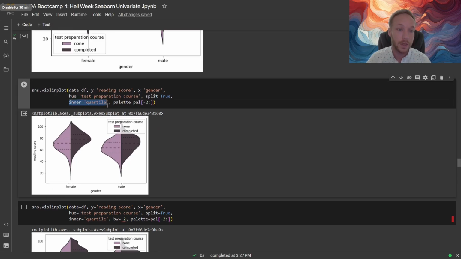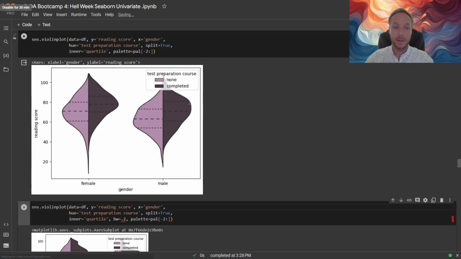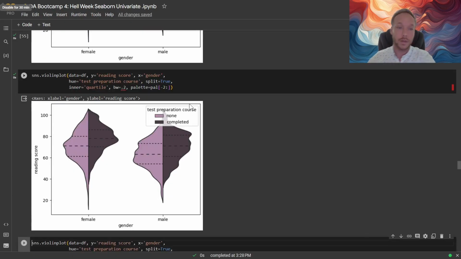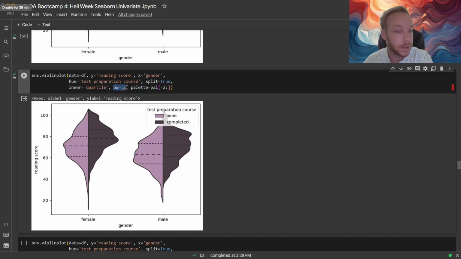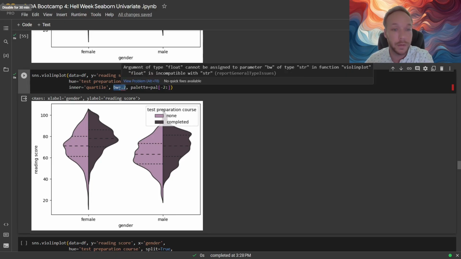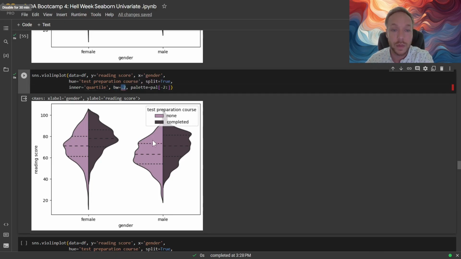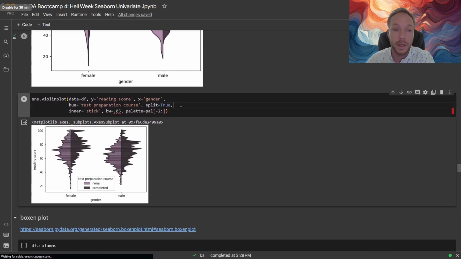We can do inner equals quartile, which shows us the same thing as a box plot, the 25th and 75th percentile, and the median in here as well. Okay. And then we can also play with the bandwidth because this is a kernel density estimation. We can play with bw equals 0.2, start to get a better sense of where the actual data is that's affecting this distribution. And just to show we can have a lot of fun, we can go inner equals stick,